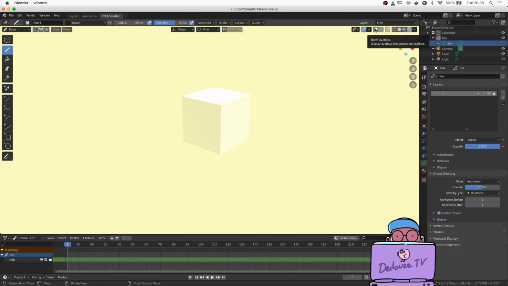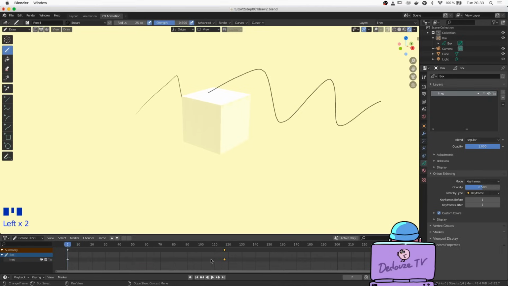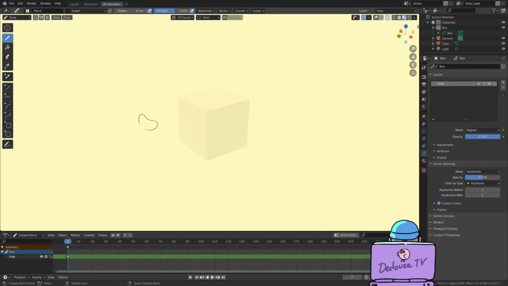Now that all the settings are done, you can draw here with the pen, and be careful to stay in the same frame in the timeline here below, because if you accidentally move in the timeline with the mouse or by pressing the space button, which is the shortcut to play the animation, and if you try to continue an existing drawing from here, you see all the previous lines disappearing suddenly. This is because Blender creates new keyframes automatically when you move in the timeline and draw. So this feature is for the animation. If you accidentally created new keyframes, just go back to your first keyframe and select the other ones by dragging here and press X to delete. Let's draw this little fruit.